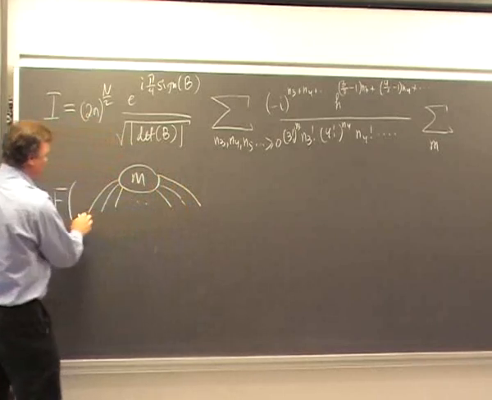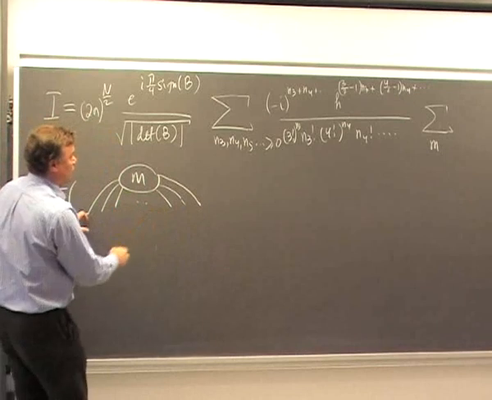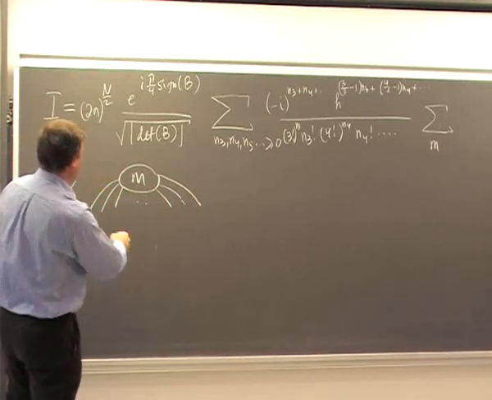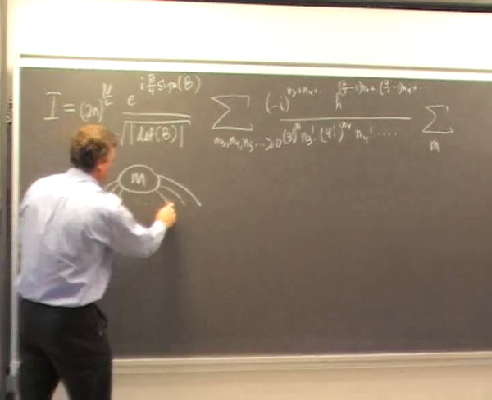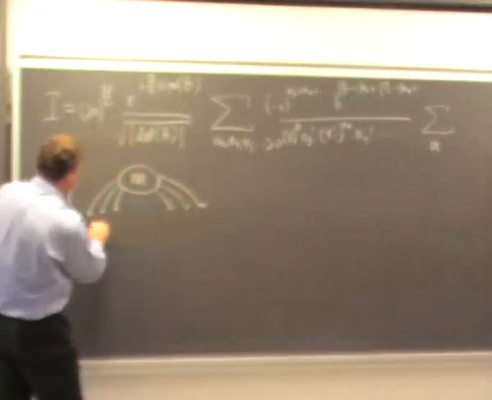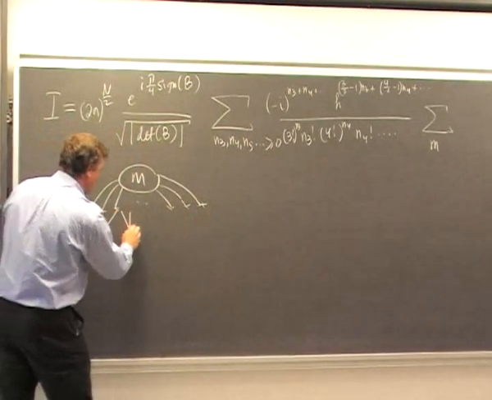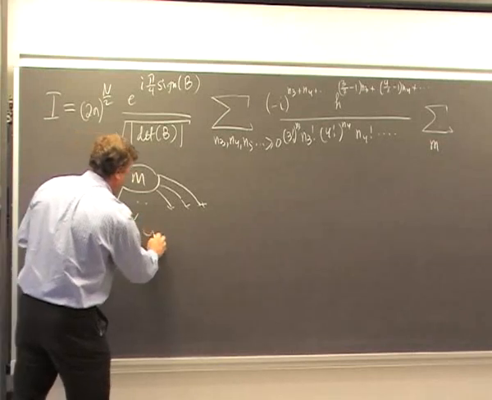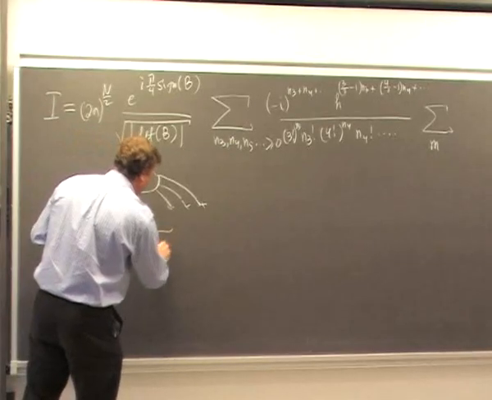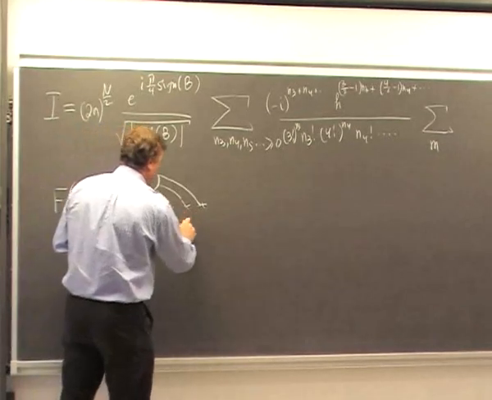Here you have the perfect matching on the set of these points. Then you connect trivalent vertices, and 3 of them, 4-valent vertices, and 4 of them, and then